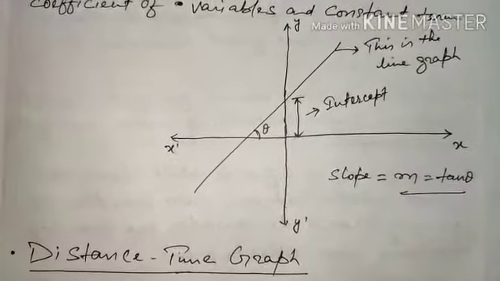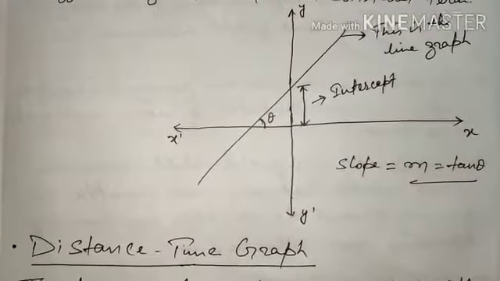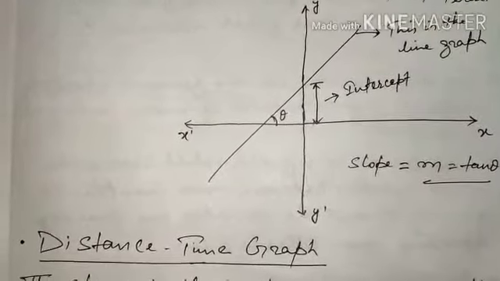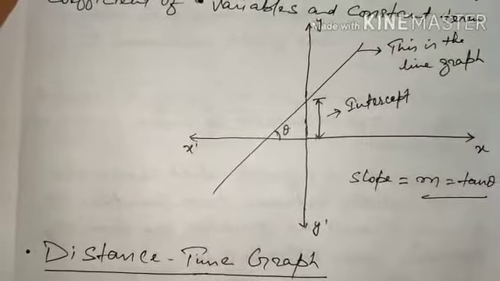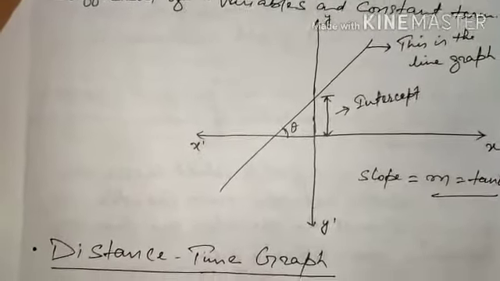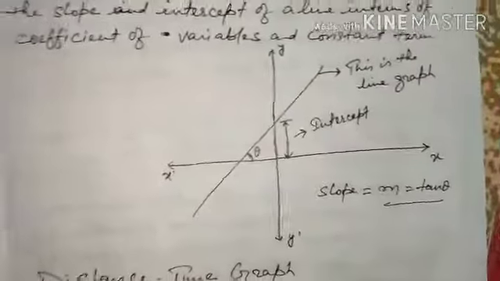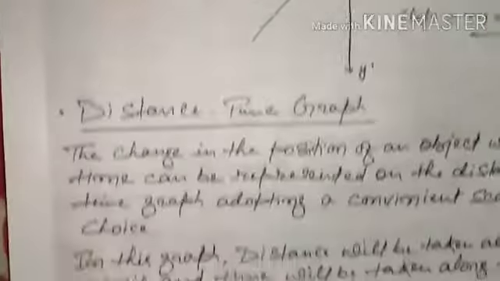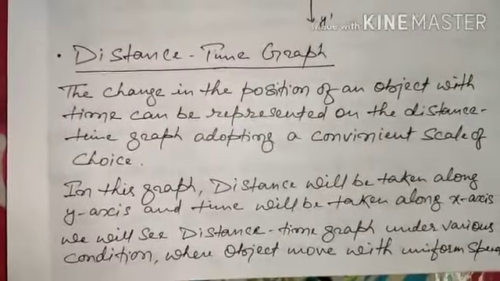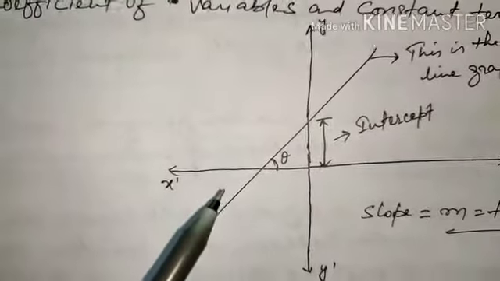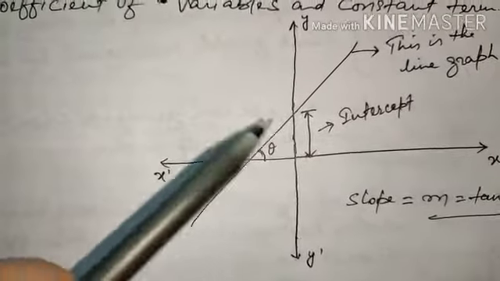Simply remember this: if somebody asks you, what will you tell? You'll simply say the slope of a line is the tan of the angle formed by the line with the positive x-axis. Okay, now let us move on. See, I'm not taking the angle like this, because then it would be the negative axis. Actually I am taking it like this.